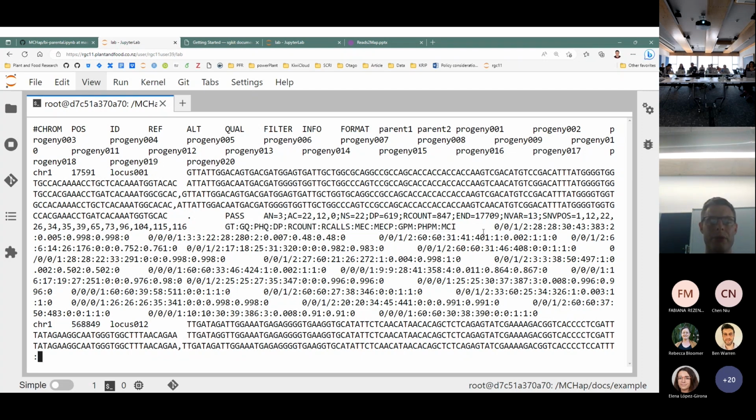And then the first sample, so the first parent, this is the data for that specific parent. It starts with the genotype, then it has various quality scores and so on. Actually, the one for the second parent is a bit more interesting because we can see that these last metadata fields